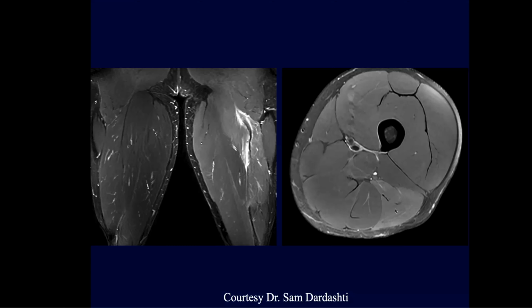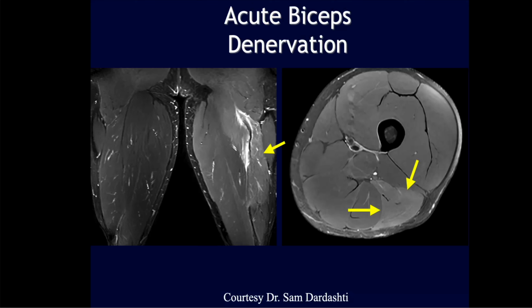This is more uniform, not quite as bright. We don't see any focal fluid collections within the muscle itself, and it's sharply defined along the boundaries of the muscle. So this looks a little bit more like some of the neural problems. Look how sharply defined it is in the muscle, depending upon which nerves are innervating the muscle. And this turned out to be acute biceps denervation due to an injury to the muscle coming off the,